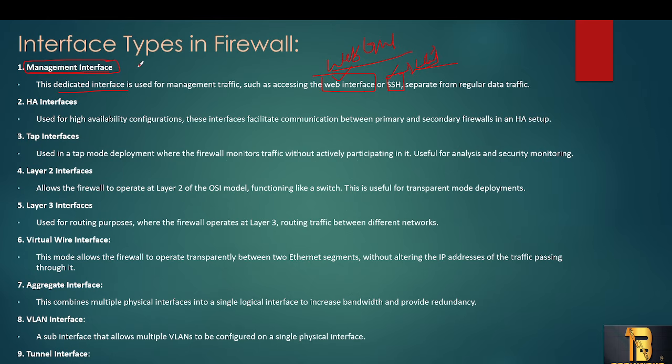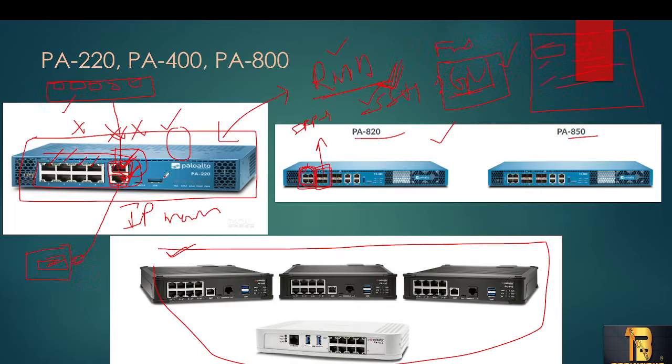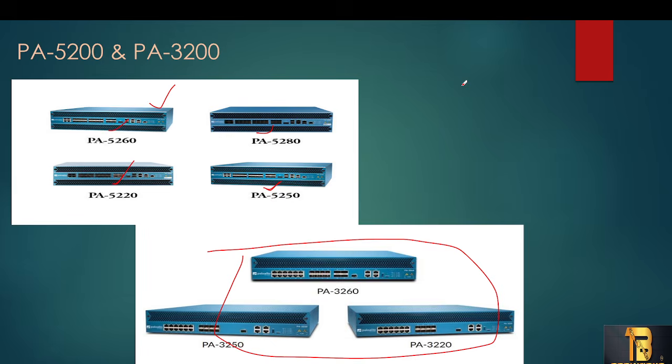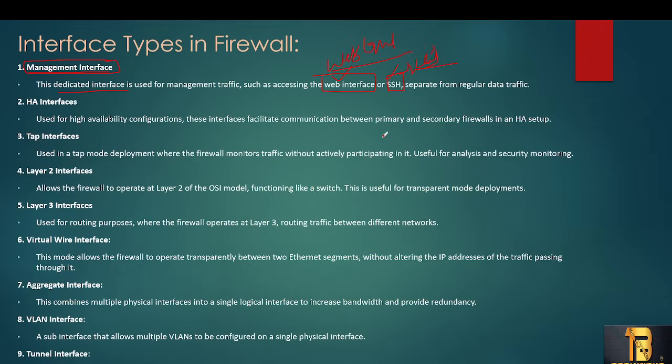So how can you get the management interface IP? We have discussed here. This is the way you can configure it, or you can get it directly from the uplink router. So you can know the management interface IP, and you can log in. Once you log in, do whatever you want. Whatever configuration you want, you can do.